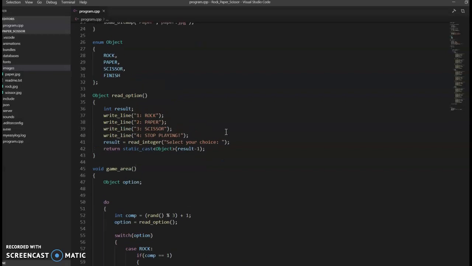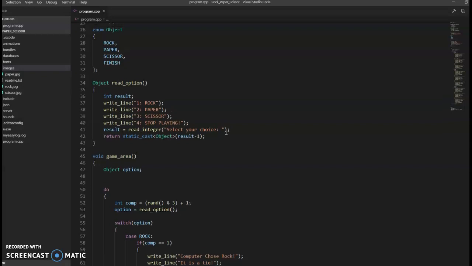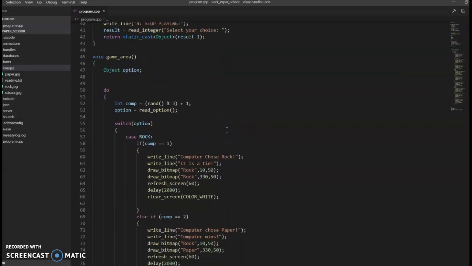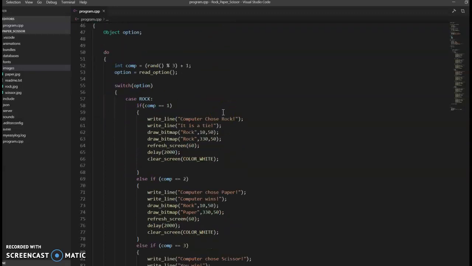And then I've created a function of the enum object that takes the input from the user, which option he wants to play, like rock, paper, scissors, or he wants to quit or not. This function takes the value as an integer and returns it by converting it into the subcategory of the enum object. And then I've created a function game area in which I have implemented a do while loop,